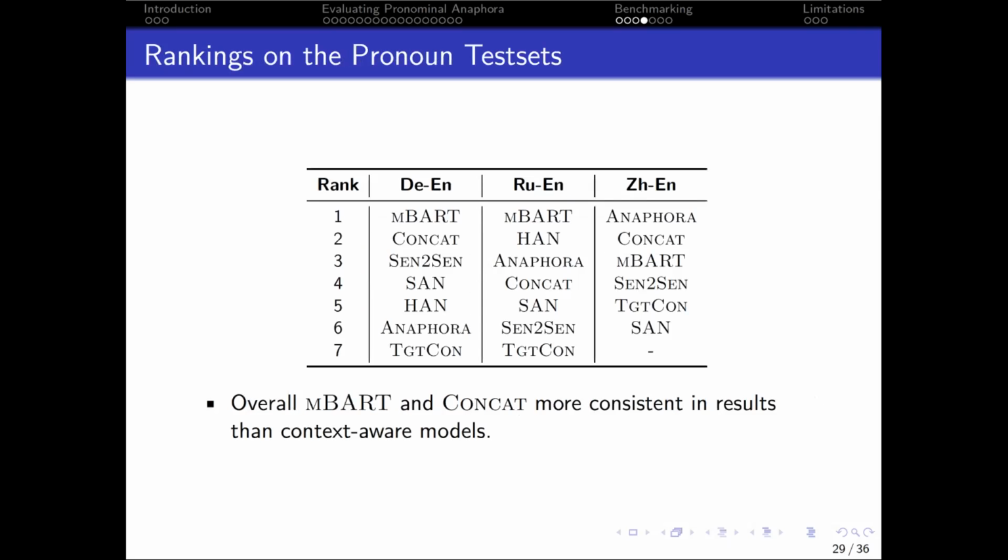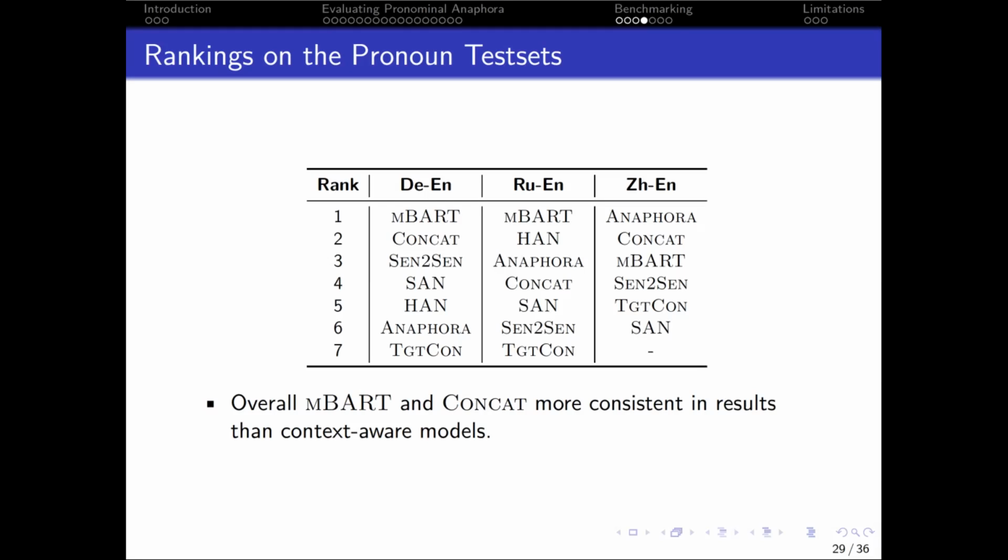Okay, so we ran all of these models on all of our test sets for these different language pairs, and then we used our model to rank them. And these are the overall rankings that we got across the different language pairs. So we see that MBART is on top for German and Russian, and it's also in the top half for Chinese. But if we look at some of the other context-aware models, we see that they're far less consistent. So Anaphora is doing poorly for German, while it's doing somewhat okay for Russian and quite well